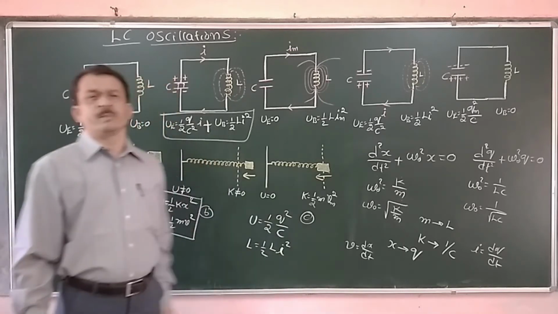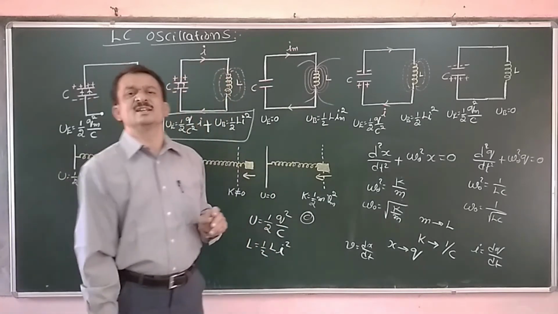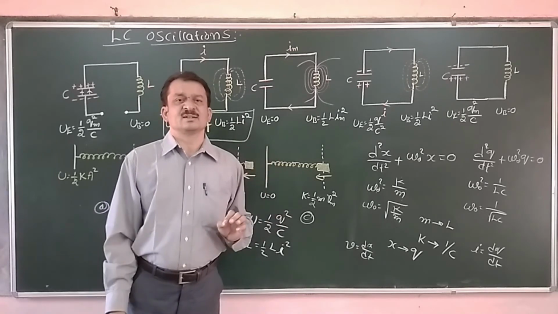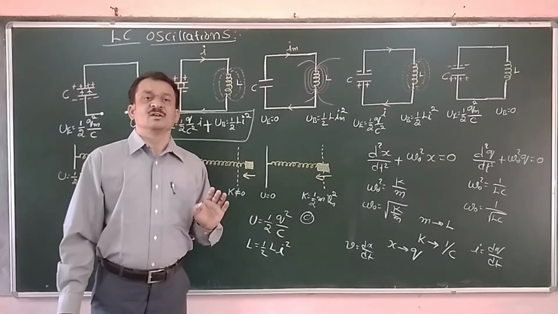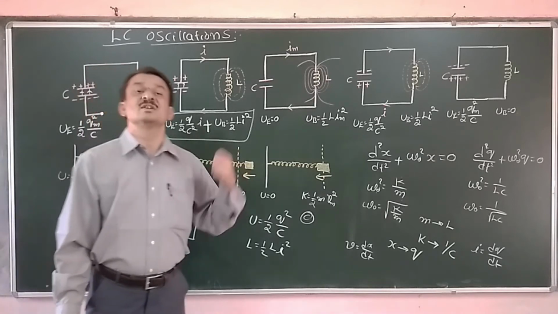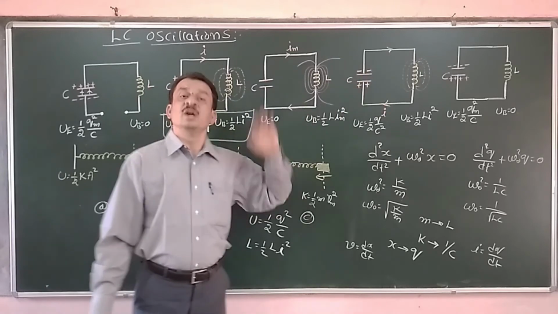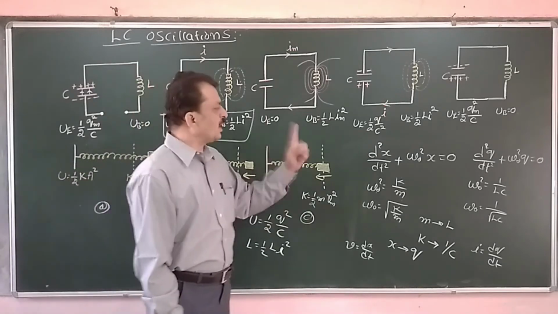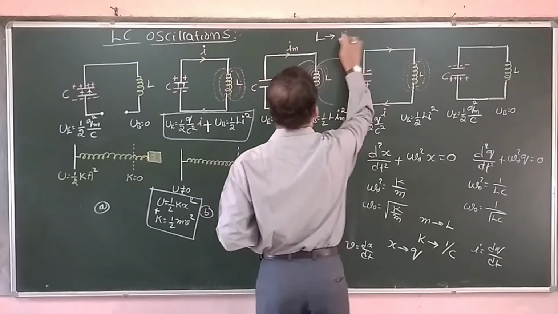One important note you should remember. Now we have studied this electromagnetic oscillation, that is the LC oscillator. It is only for an ideal case. That means there is no loss of energy. With that analogy, we have studied this one. But in practice, it is not possible. This oscillation will not sustain for a longer time. It is also going to die out because of two important reasons. Now one is this inductor L, it has some resistance.